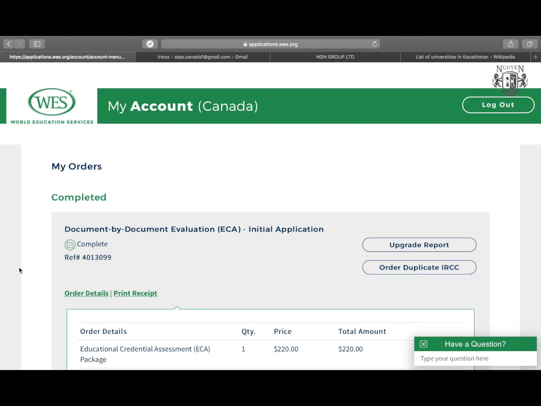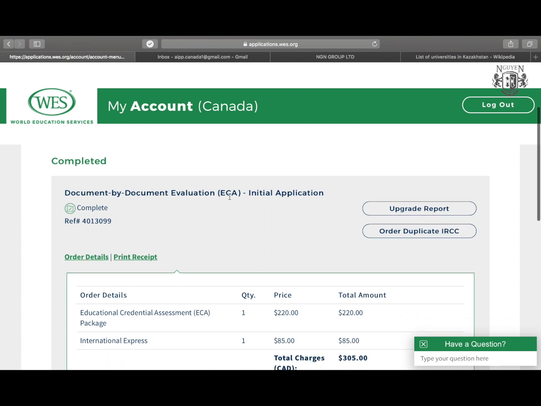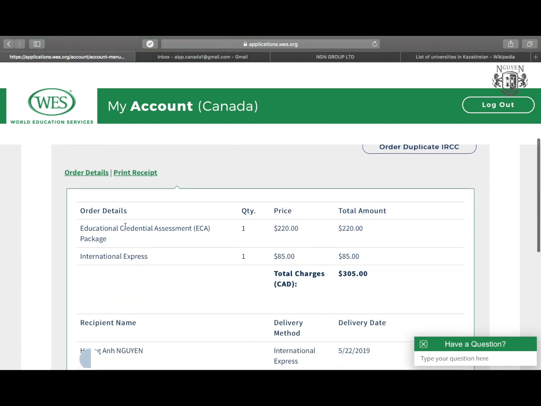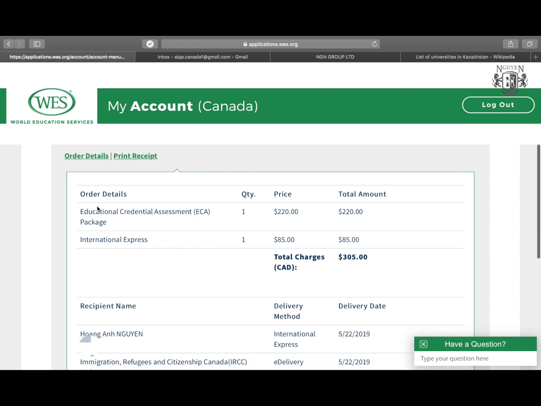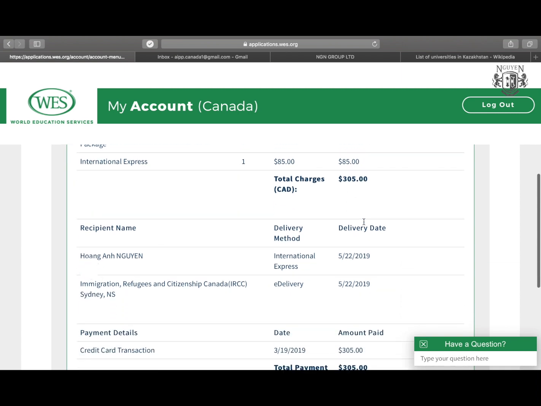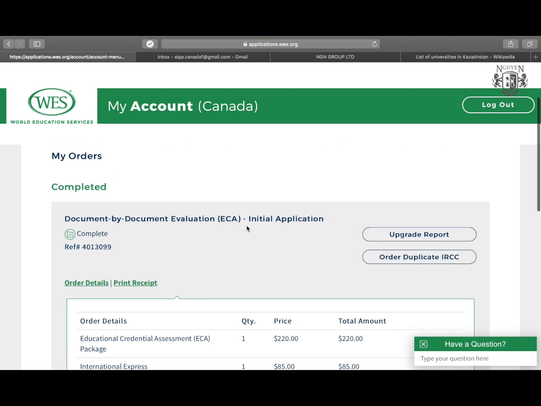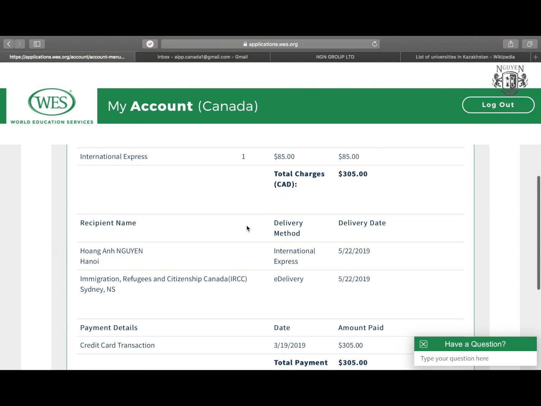All right, guys. So this is the page that you get after paying the fee. Here we have my orders completed. This is my personal page. Documents by documents evaluation. Here we have all this information about the ECA payments, International Express, which was altogether 305, recipient names, credit card transaction. So this is the receipt. After the receipt,